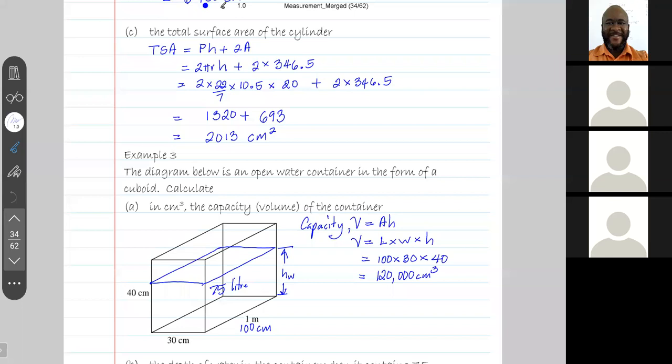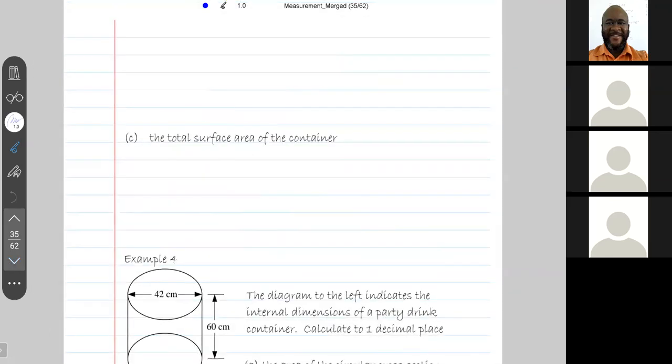40 centimeters. Good. But what we don't know is the height of the liquid. This is how we're going to find it. We're going to use the fact that the volume of water